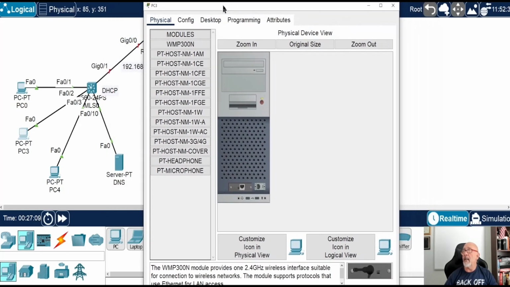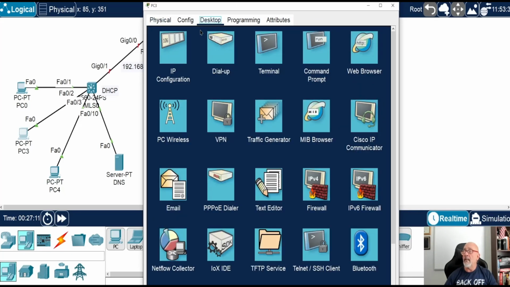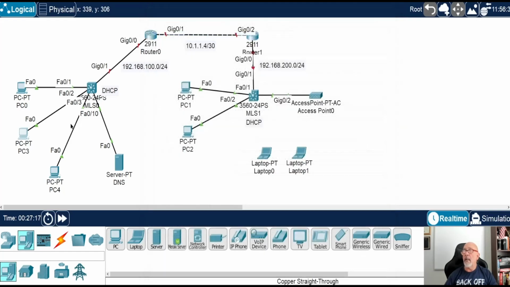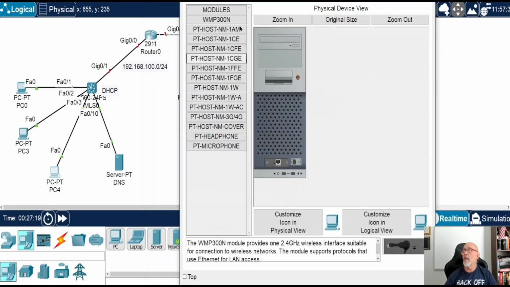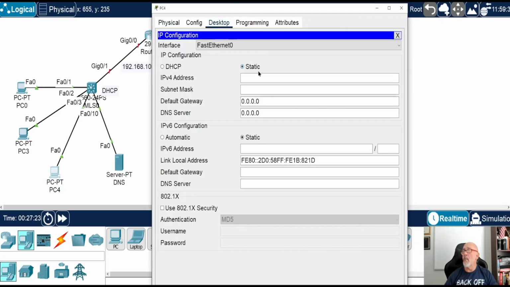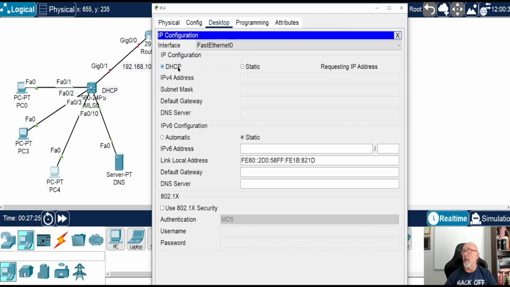All right, let's do the same thing for PC3. Bring it down so you guys can see everything. Desktop, go there. Let's see if it works. Lovely. All right, and then come here. Bring it down. Last PC. And we'll check to see if we can get to the web server and all that now.